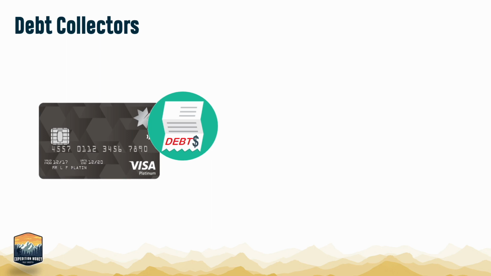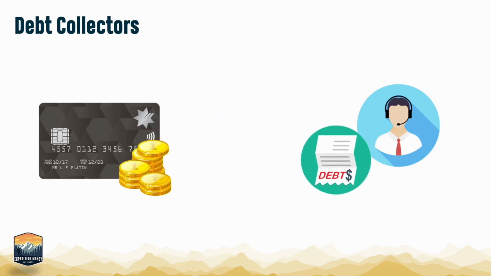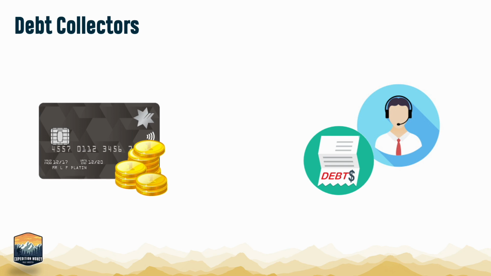First, let me explain briefly how debt collectors work. When you owe money, say to a credit card company, and you get behind or stop paying, the credit card company will try to collect from you. But after a while, usually once it's in default, the credit card company will consider it uncollectible and try to get some of their money back. They'll do this by selling your debt, usually to a debt collector. Debt collectors will buy your debt along with hundreds or thousands of other debts for sometimes pennies on the dollar. The credit card company will consider the issue closed, and now you'll technically owe the debt to the debt collector directly. In some ways, this is good because it gives you some really distinct options.